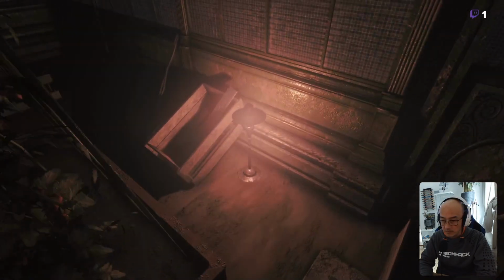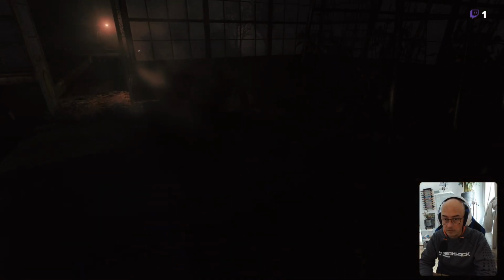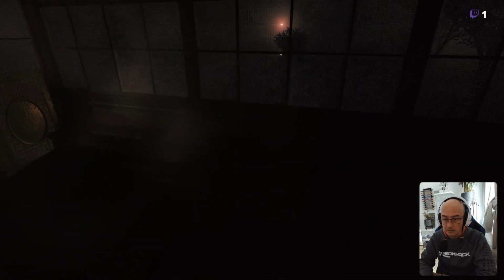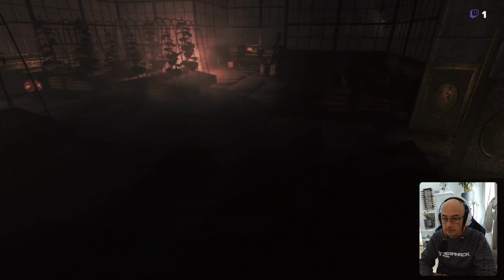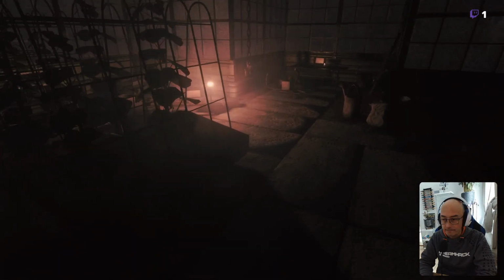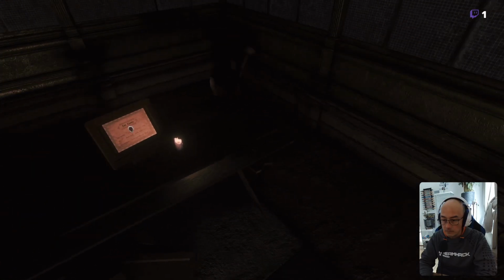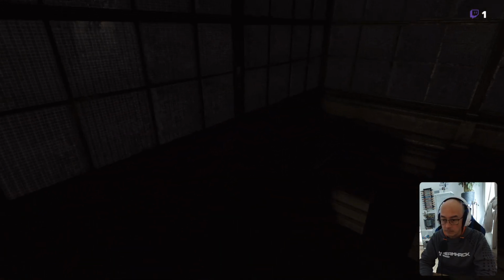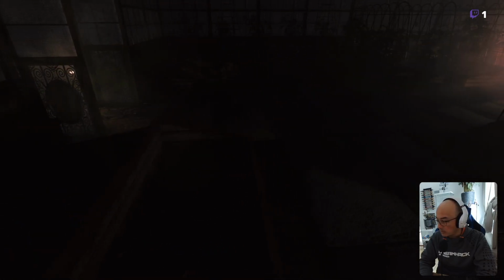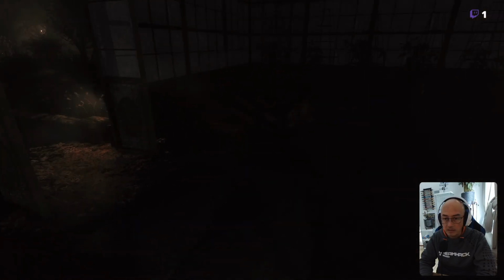The problem is that it's way too dark, so I don't see a lot here. We will get a flashlight a little bit later.